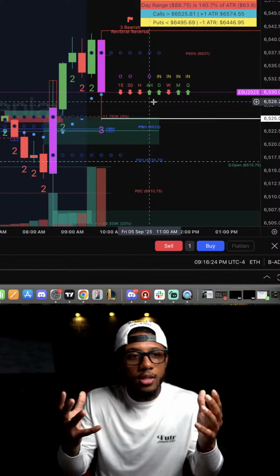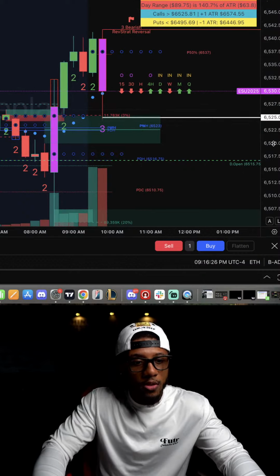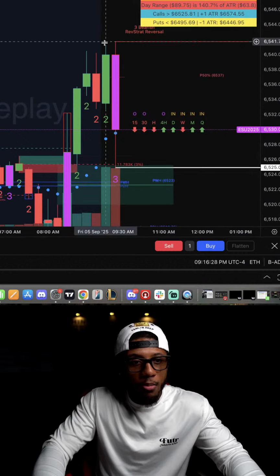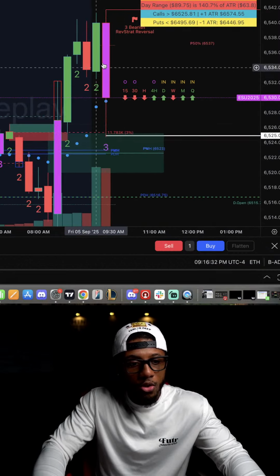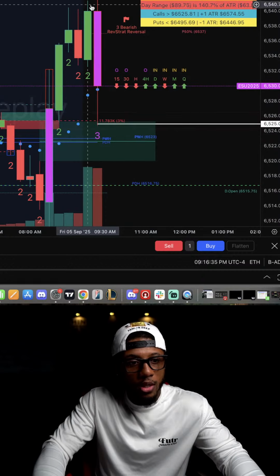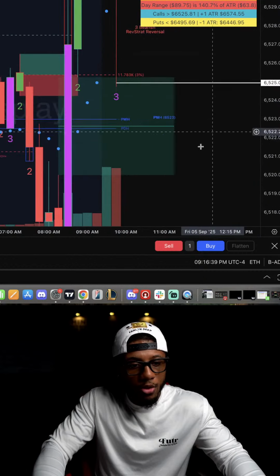It's not clicking. Okay, let's make it click, right? So look at this. The first thing that I'm looking at is the body of this candle and where it is compared to the chart, the rest of the candlesticks behind it, right? So look at this candle around an order block, but we're down here. If I were to zoom in right here,